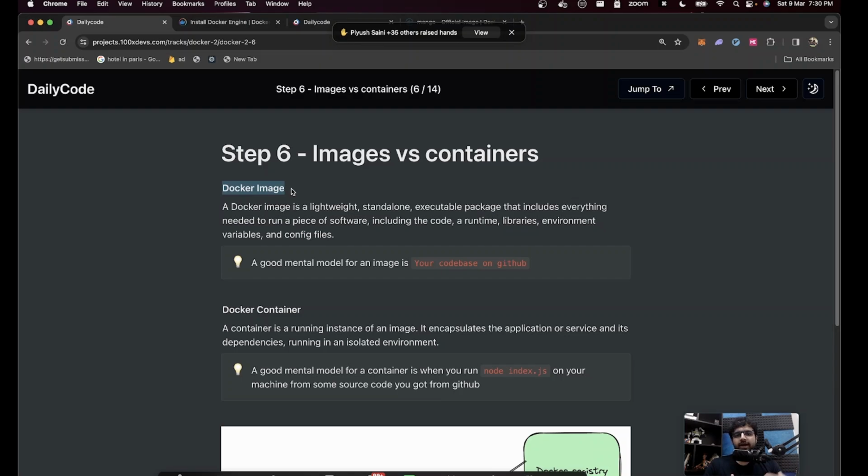A good example of an image is if you've ever tried to install Ubuntu on your Windows machine, you might have taken an ISO image from your friend. Very similar to that. An image is slightly more lightweight than that. If you install Ubuntu from a friend, it has 10 different things that a container does not. Containers are supposed to be lightweight, but images mentally are the same thing.